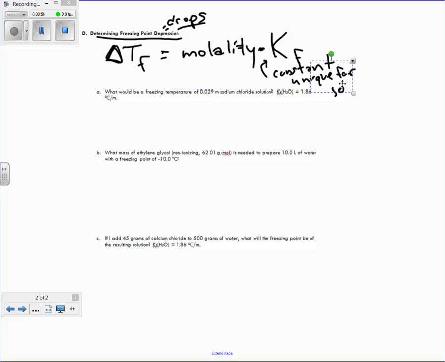A constant that is unique for every solvent. Most often I will be giving this constant to you in a problem, so it's nothing that you'd ever have to look up. The third thing that you need is a lowercase i. Now, what is this? I stands for the number of ions